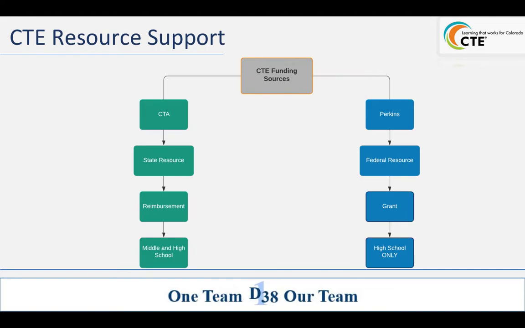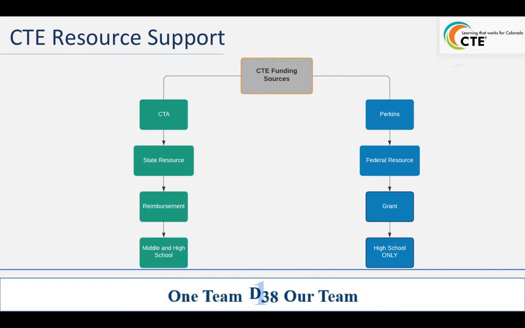Once all of the assurances are in order, we are able to apply for two distinct funding streams that are available to prop up our programming. CTA stands for Career and Technical Act, and is a state resource in which we are able to apply for reimbursement of certain CTE-related expenses. And Perkins is a federal grant program that is intended to support the pursuit of new, relevant elements of programming